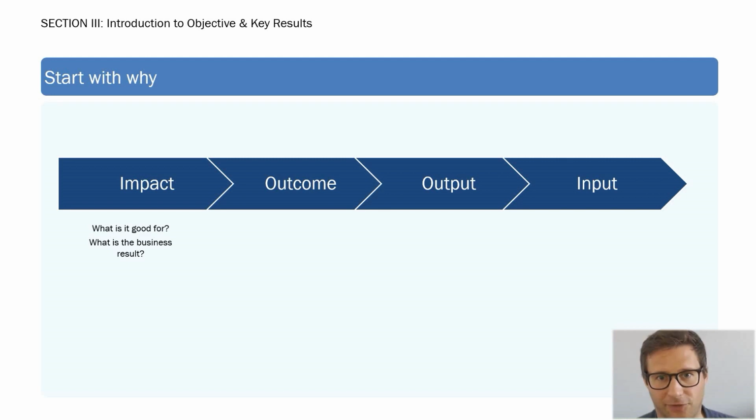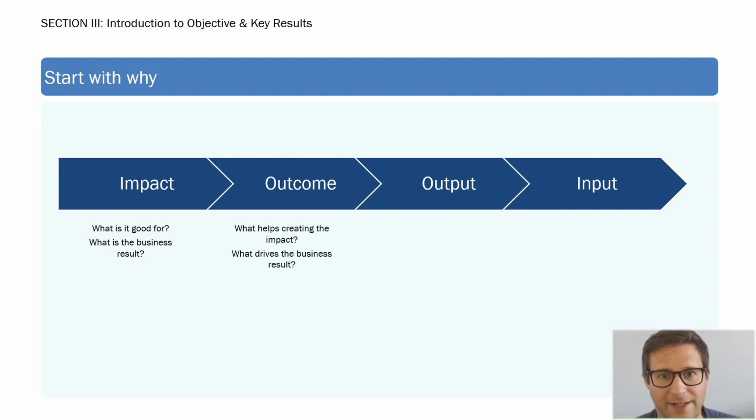In order to pass the impact level, we must answer the questions: what is it good for, or what is the business result? What's the value-adding part? This can be something like, we want to become the most successful machine learning company in the world. Once you have answered this question entirely, you can proceed with the outcome level, where you should answer questions like,